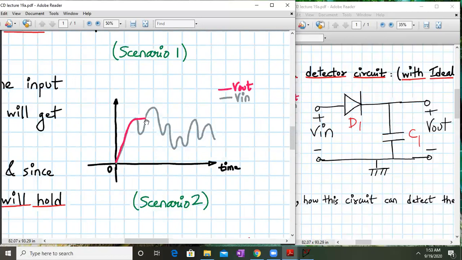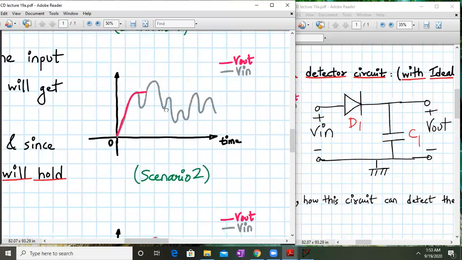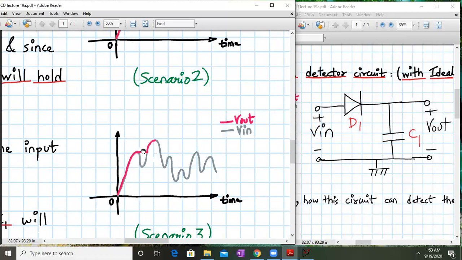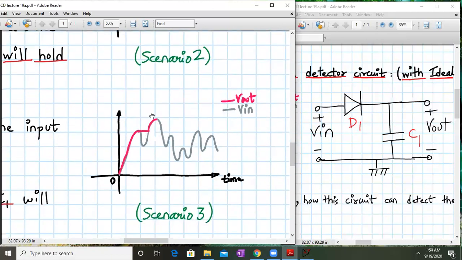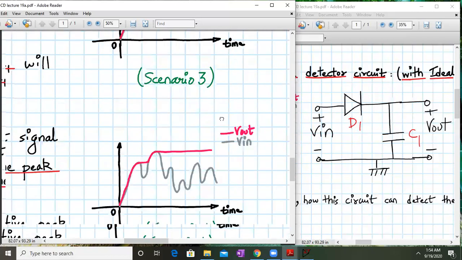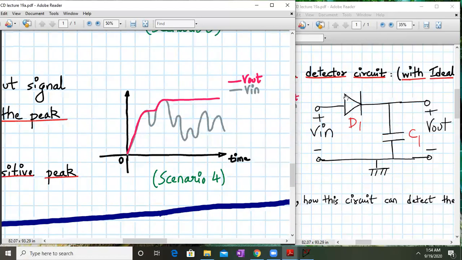Okay. So again, when Vin increases, the capacitor starts charging again to the instantaneous value of the input, and again it reaches the peak. Now, whenever Vout has reached a new peak and Vin starts reducing, again my diode D1 will be off. Whenever my diode D1 is off, my capacitor cannot discharge, so it will hold the charge. This process will continue until we get another higher peak. So this will be a straight line. The Vout will be holding it. I mean, the capacitor will hold this value until a new peak comes along.